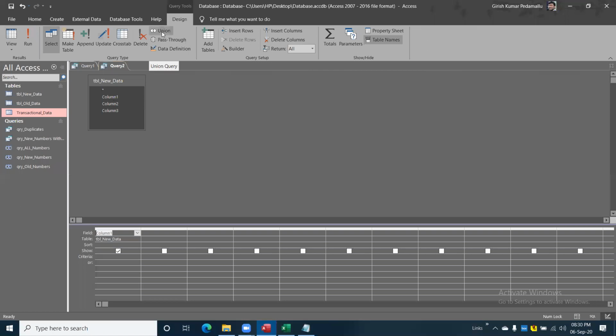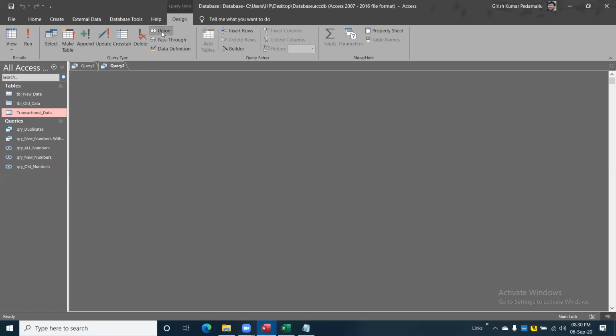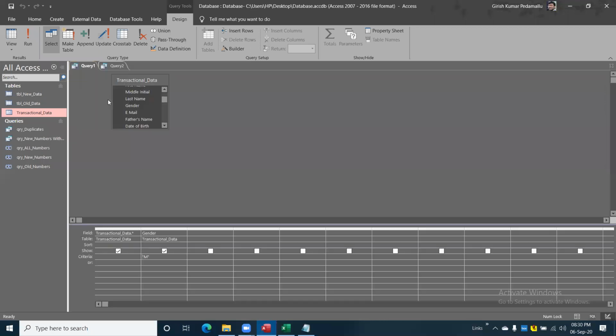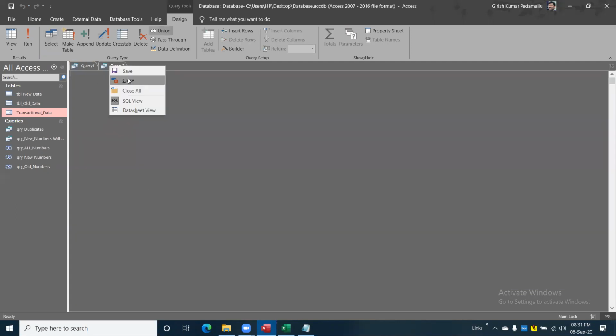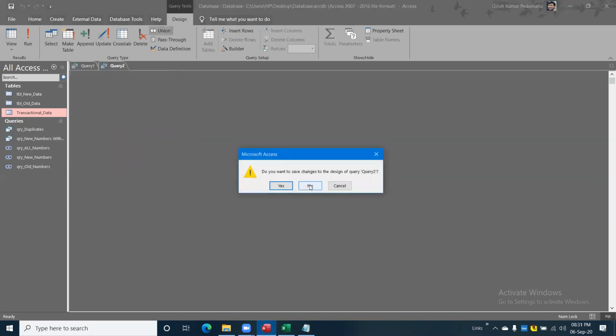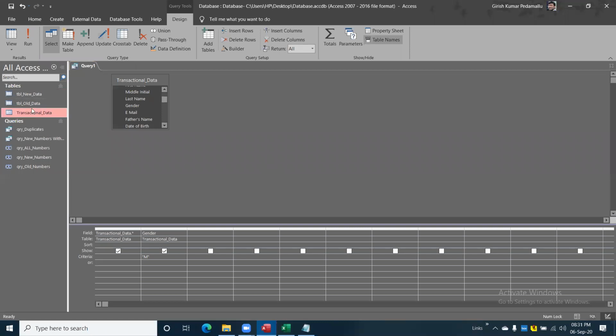Here, union option is there, right? Click on this union query. See, it went into SQL view now. You need to write it over here because these are advanced items. Okay, sir. For example, if it is a simple thing, you can write it directly over there. I mean to say, if I go to design view here by using criteria, min, max, if you want to do directly, you can write it. For example, in this male also, if you want to get some other items only. Transactional data.